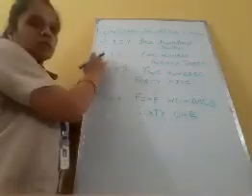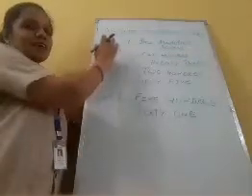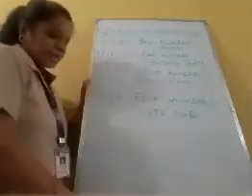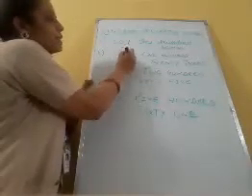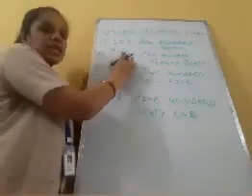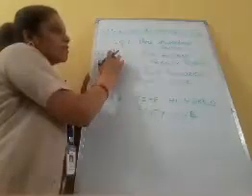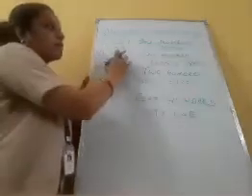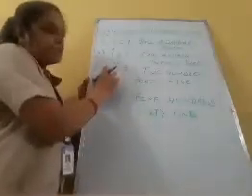Now, the second example, 1, 2, 3. It is 123. How do you tell this number? 123. In this number, there is no zero for hundred. Now you understand. 123.